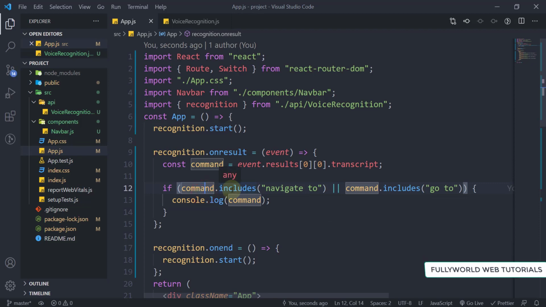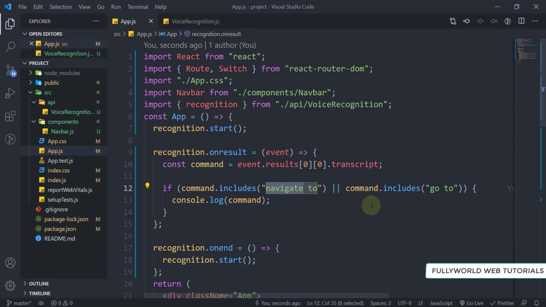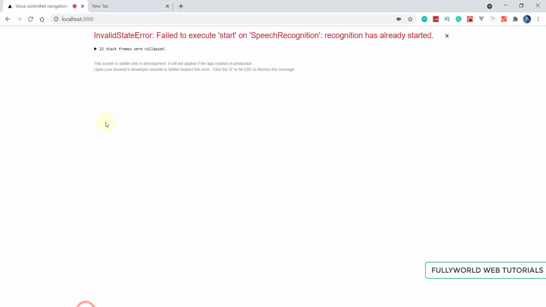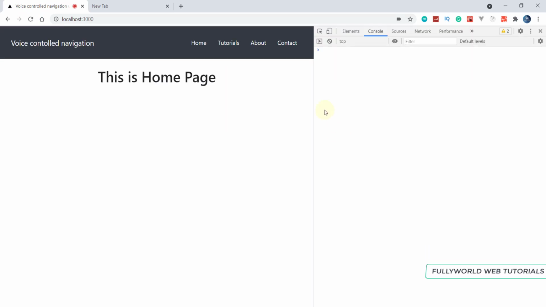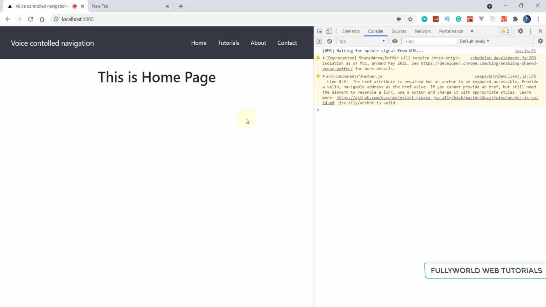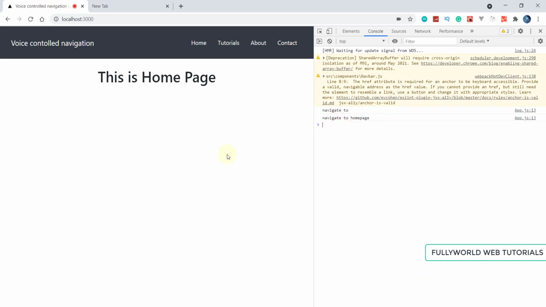So if we are saying navigate to, if in this transcript there is something like navigate to or go to, then we are going to console.log our command. I'm going to reload this, and let's see here. Navigate to home page. See that we are getting our navigate to home page, go to home page.